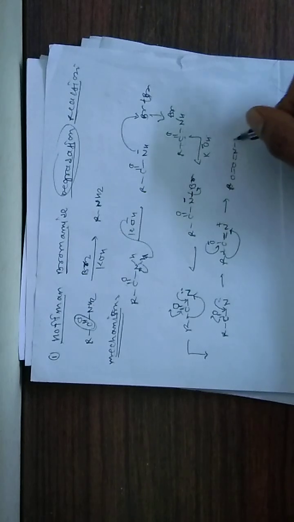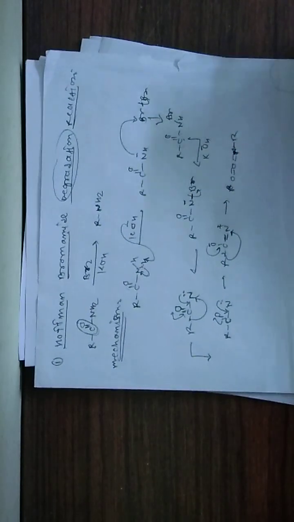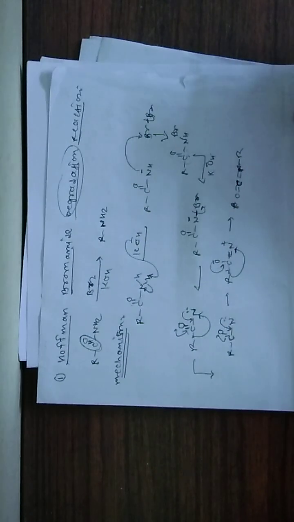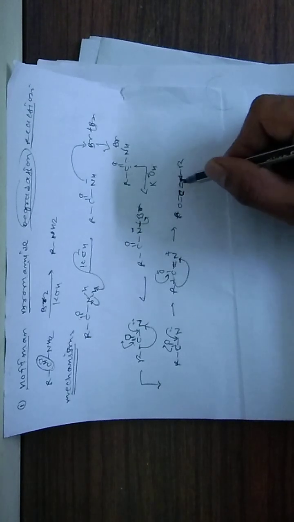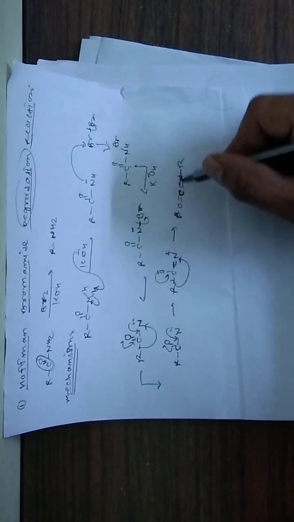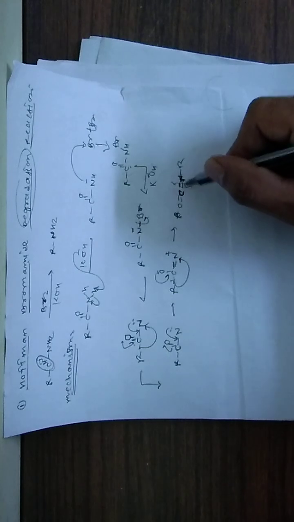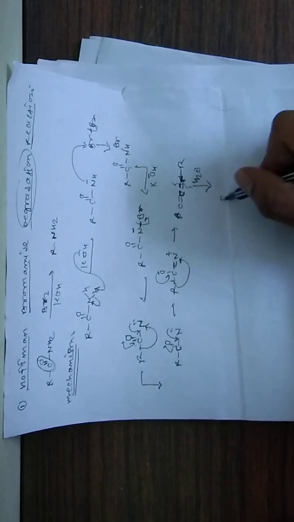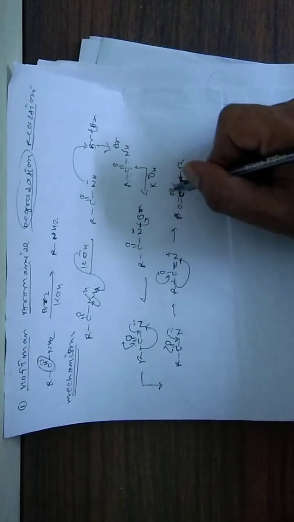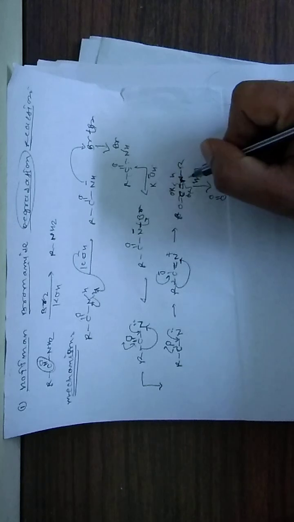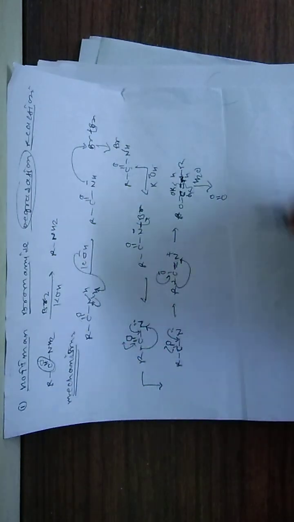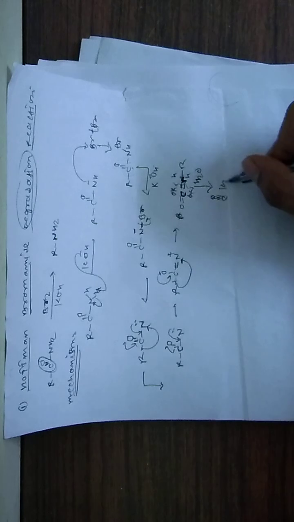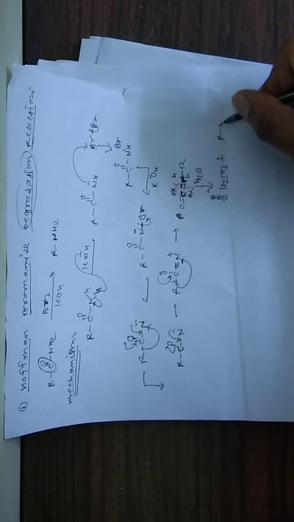So what will happen? Sorry, C double bond O, double bond N R. This is also one of the intermediates formed in this reaction. Here C is there. Now alkaline hydrolysis is happening. If we do hydrolysis, this is the amide bond. Hydrolysis will give C double bond O, with OK and OK here, and H. So K2CO3 will be formed plus RNH2.